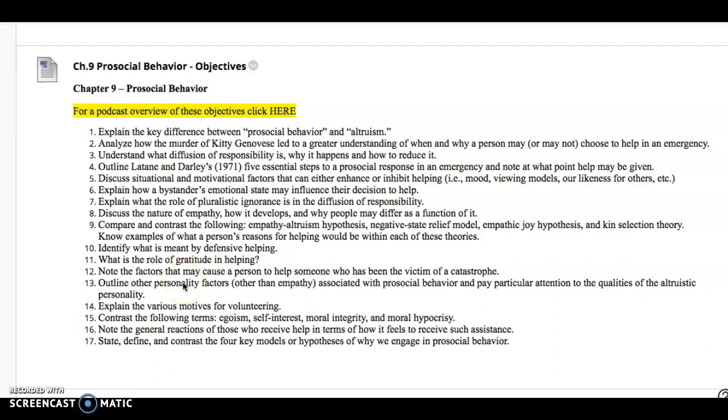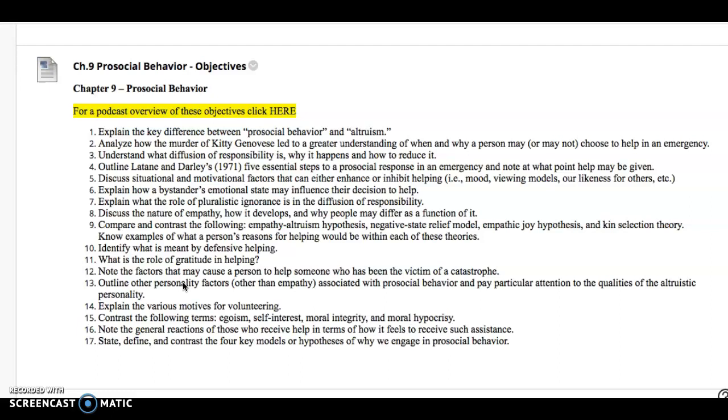12, note the factors that may cause a person to help someone who has been the victim of a catastrophe. So we tend to see a big response in helping whenever there's a catastrophe. You think of a natural disaster, an earthquake, a tsunami, and so